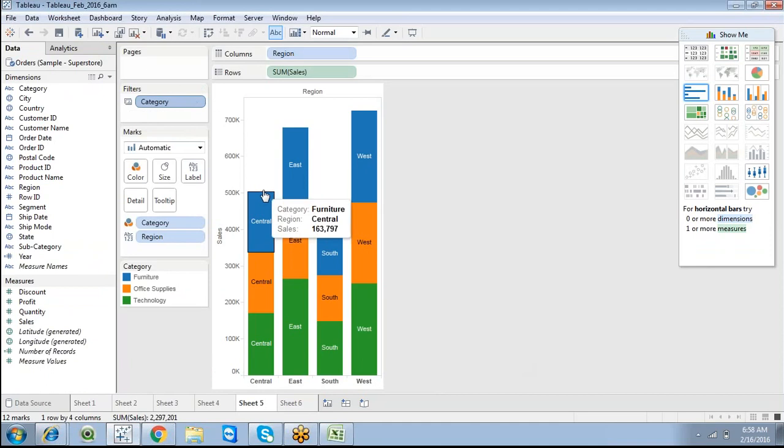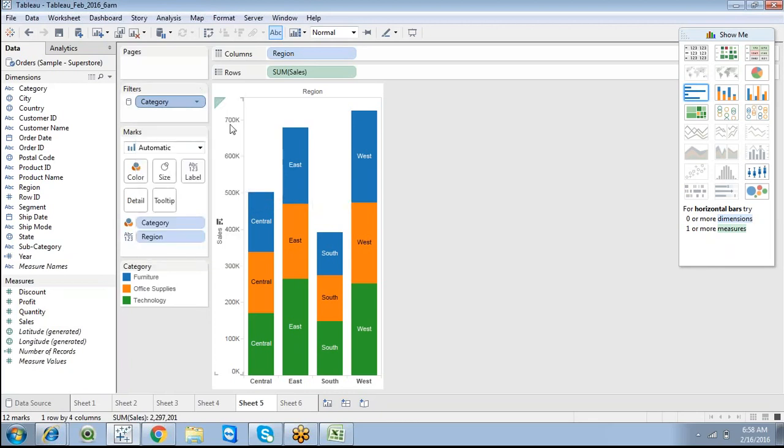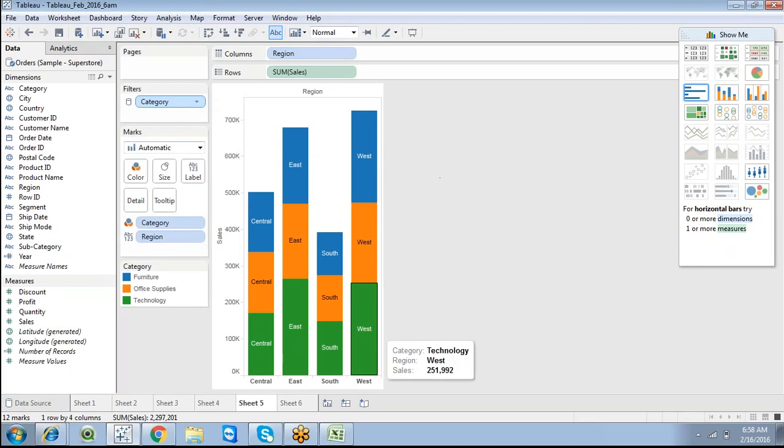If you have a project where you do analysis based on filter conditions or reports, just remember the symbols, so that you can identify each particular data type and column. This is the global filter, which shows apply to selected worksheets, and you can differentiate it from all using this data source, which shows the data source symbol.